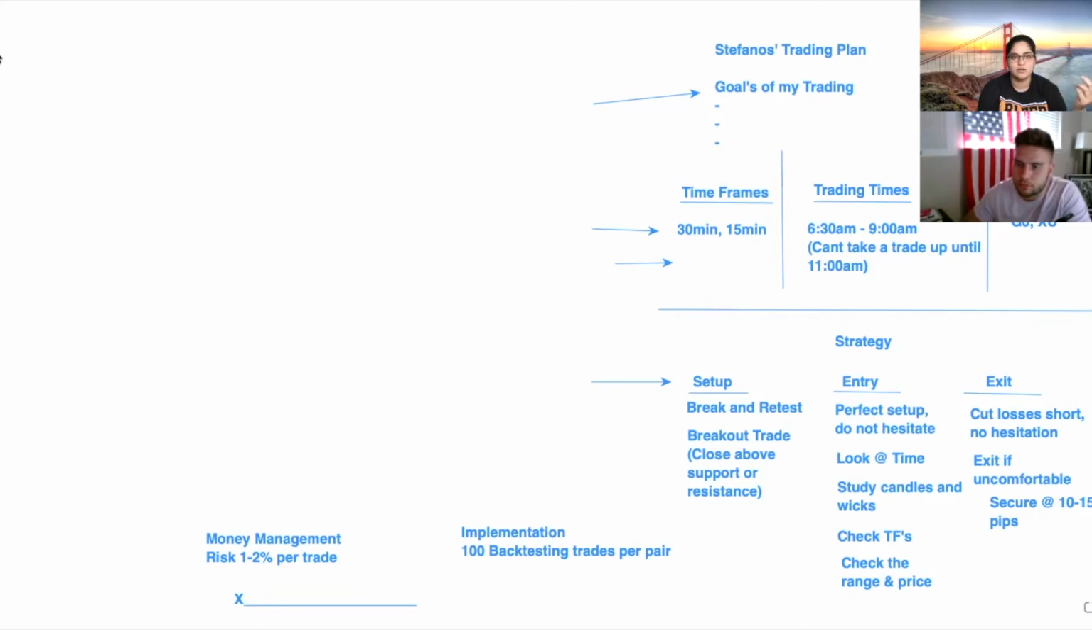I know what my time frames are. I'm scalping, I'm looking at 30-minute, 15-minute. I know what my trading times are. I know what my pairs are. You know your setup, you know your entry. But once in a while, you're going to come back and you're going to try to modify things according to